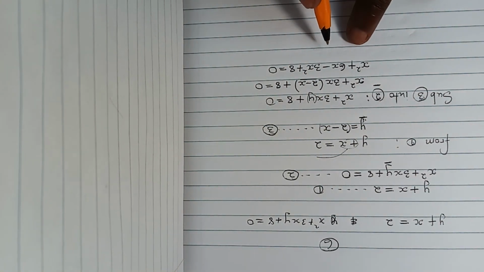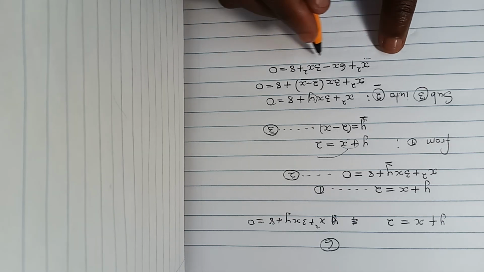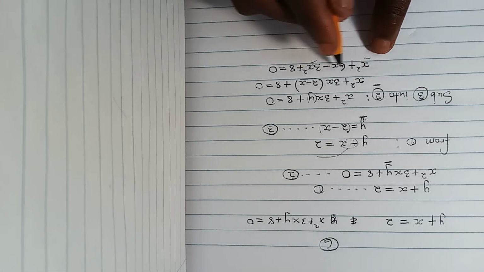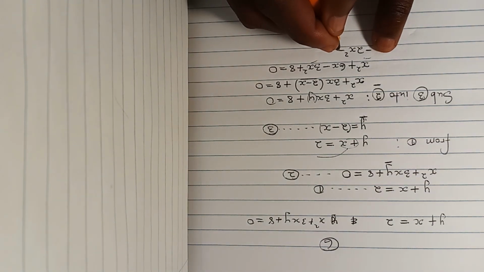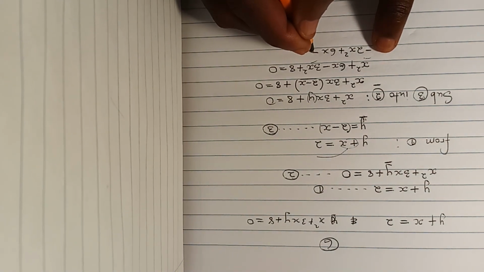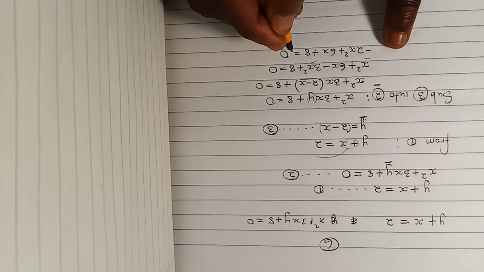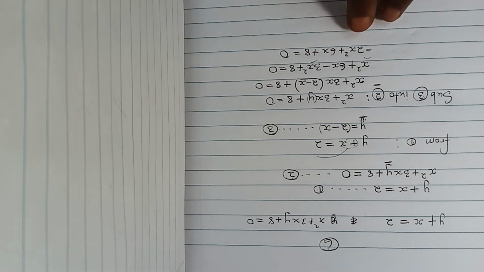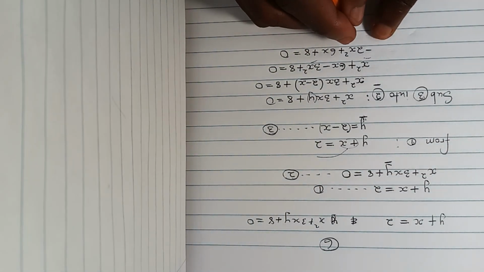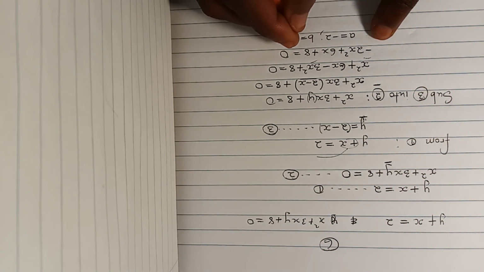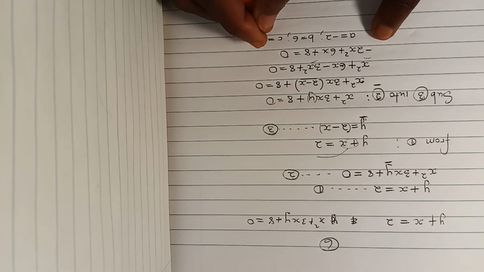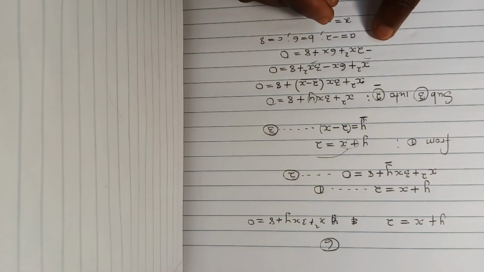And then if you were to combine the two like terms, you will get negative 2x squared plus 6x plus 8 equals 0. And then from here, you can use the quadratic. What is a? Negative 2. What is b? 6. What is c? 8. And then substitute in your